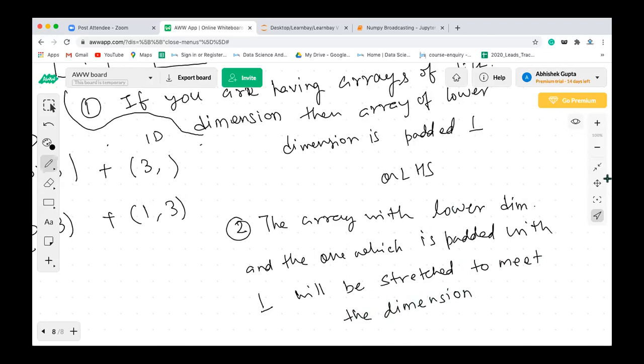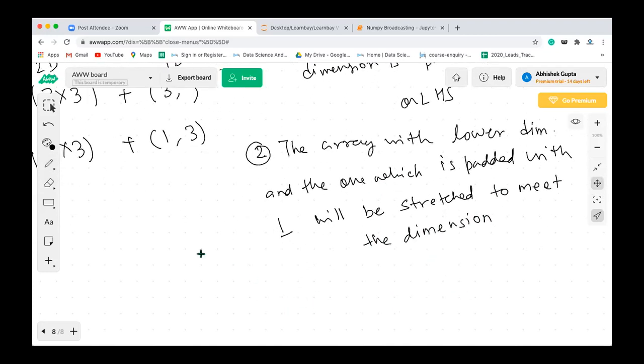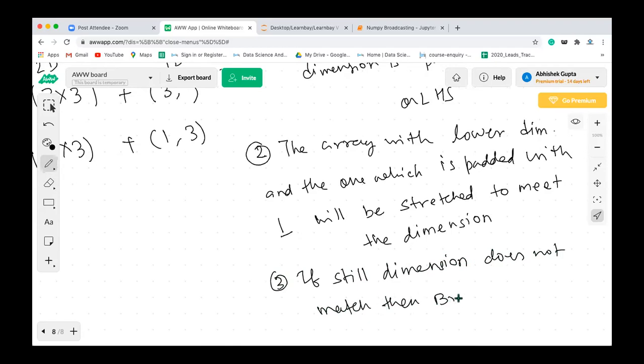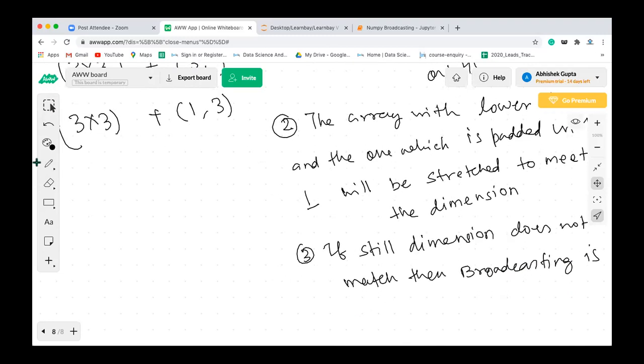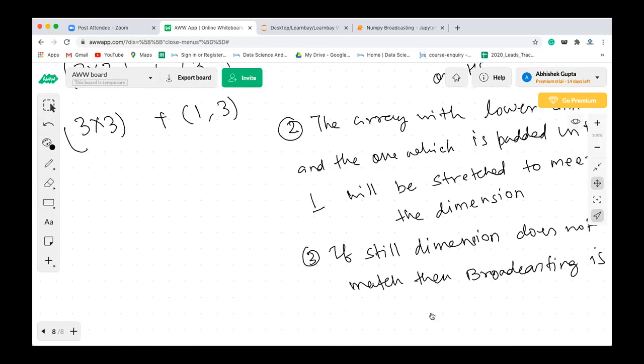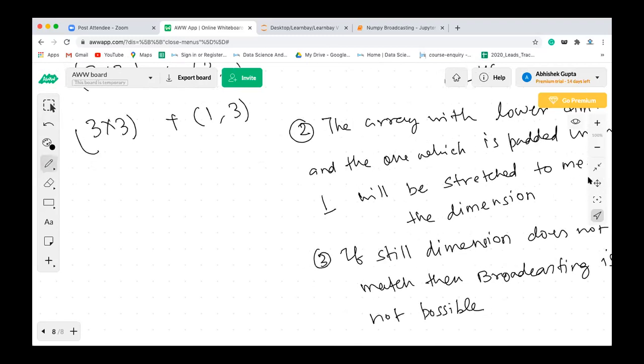Okay, and after this step, if the dimension still does not match, then broadcasting is not possible. Broadcasting is not possible.